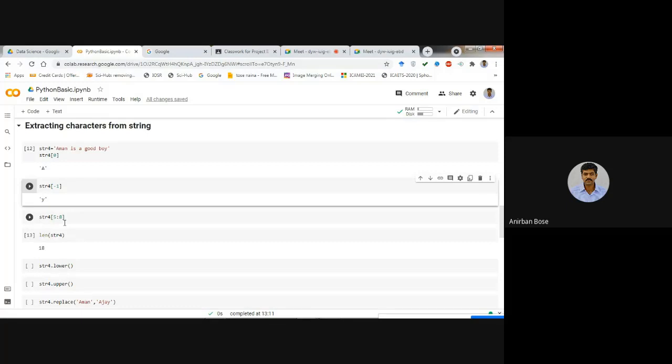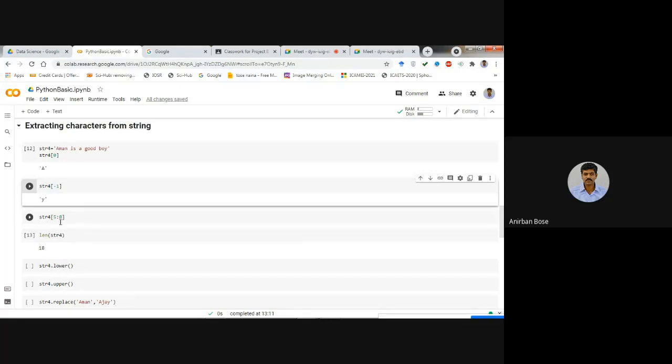So these are certain things that you have to remember. The first thing you have to remember is that the starting index is 0. Second thing, if we write 5:8, it will actually print 3 characters, whose indexes are from 5 to less than 8.